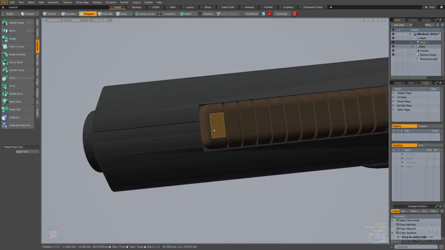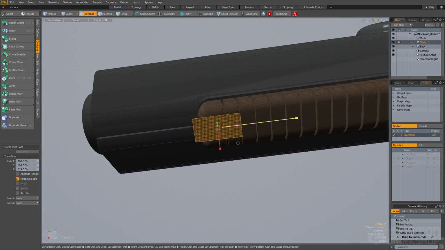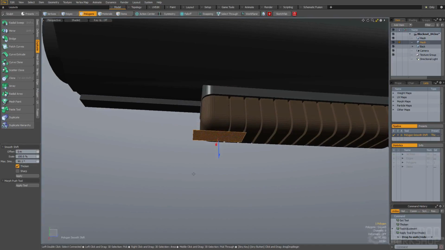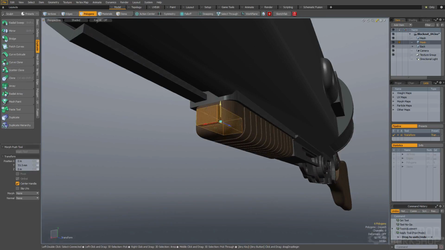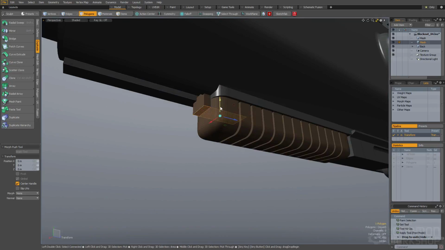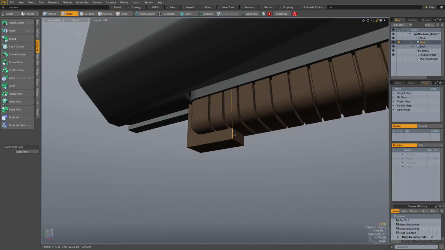But I do want it to be grounded or attached to the gun in some way. I just want it to be a block of wood. So I'm just gonna